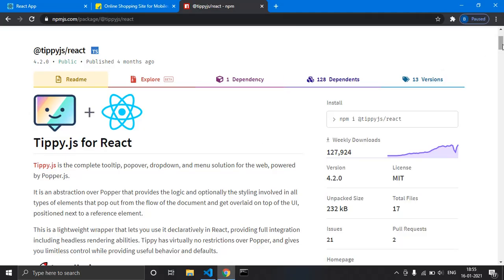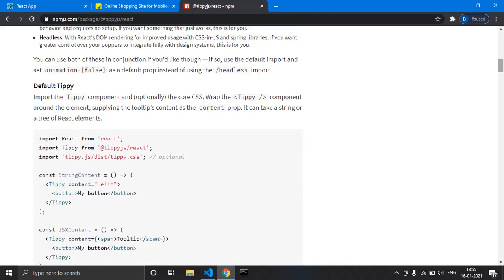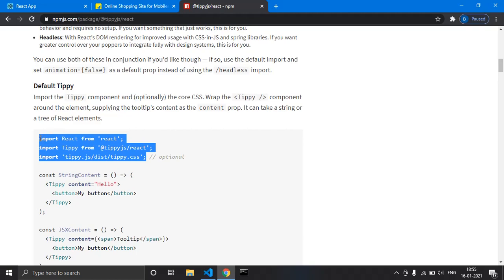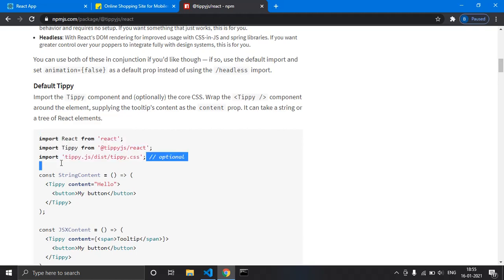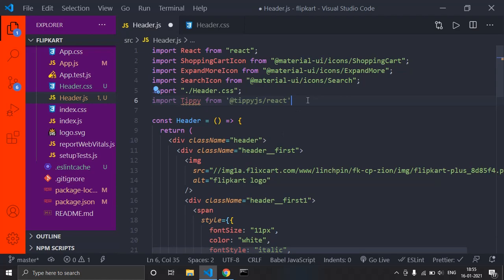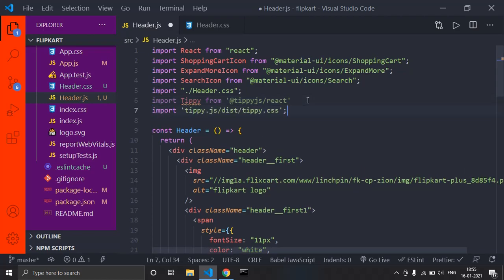See over here, you can see these are the import statements we have to use. We imported React already and we imported tippy as well, but let us import this. That is the default styles which are given to that tippy, and I'll just press Ctrl V.